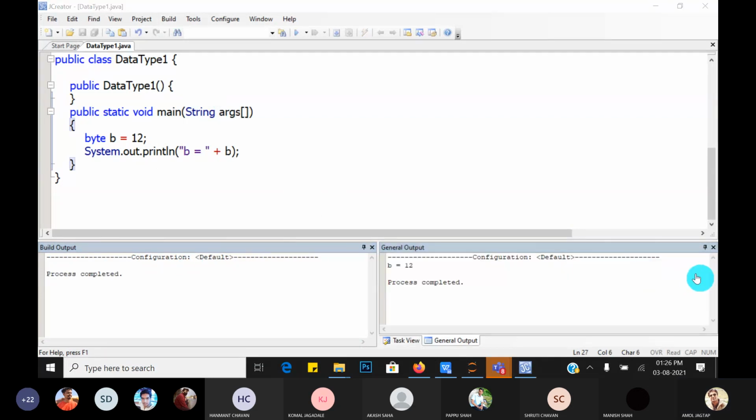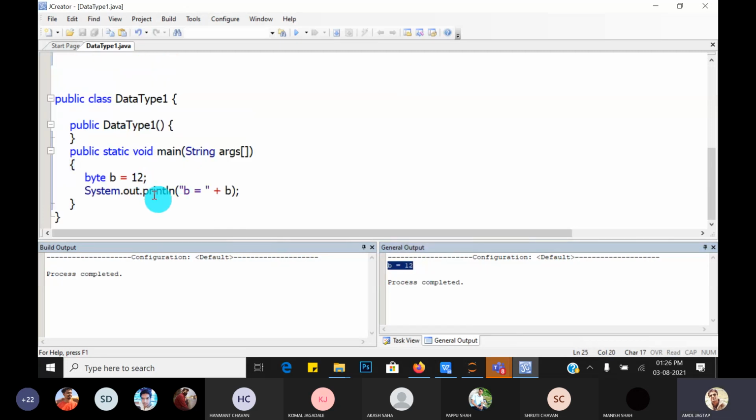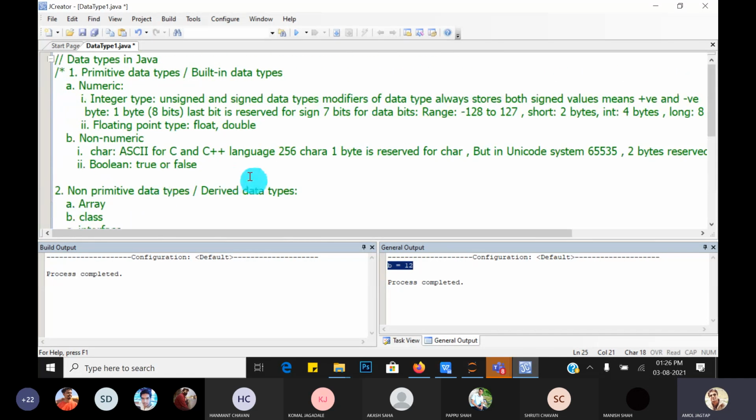After execution, what is the output? b is equal to 12. Great. Guys, tell me, if I want to exceed the range, we know the range. What is the range for 1 byte? That is minus 128 to 127 positive.